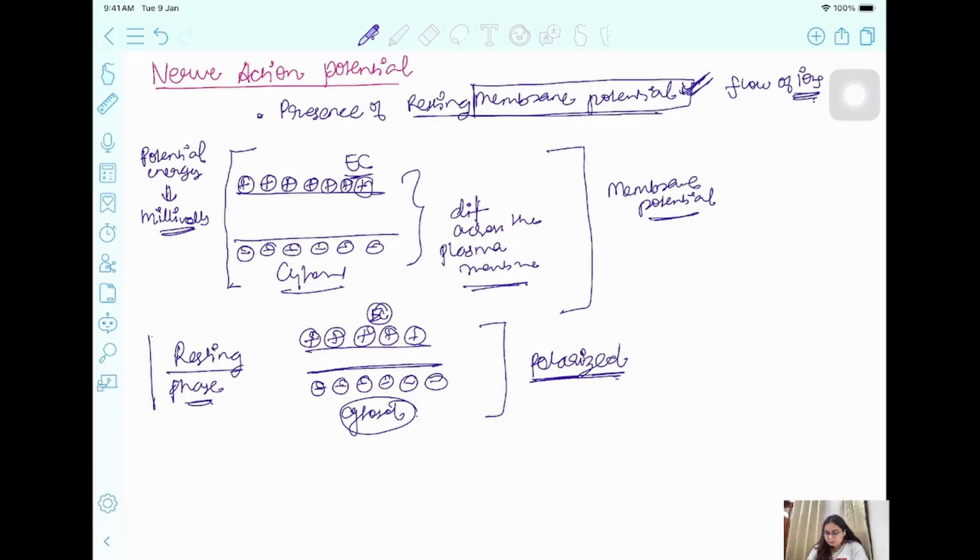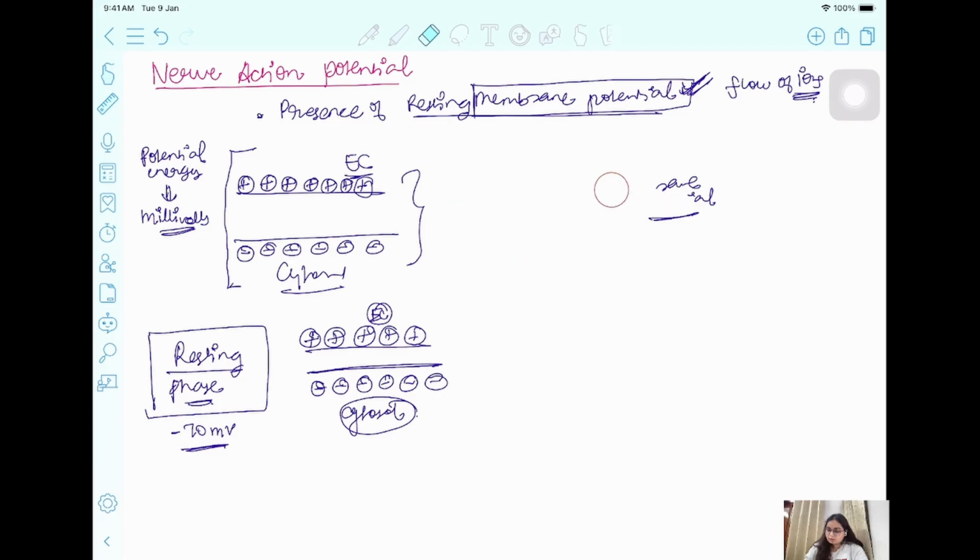At resting phase, in a cell, there is a membrane potential of minus 70 millivolts, which means the inside of the cell is having more negative charge in comparison with the outside of the cell. So let's now discuss what causes this difference of charge across the plasma membrane. The first one is